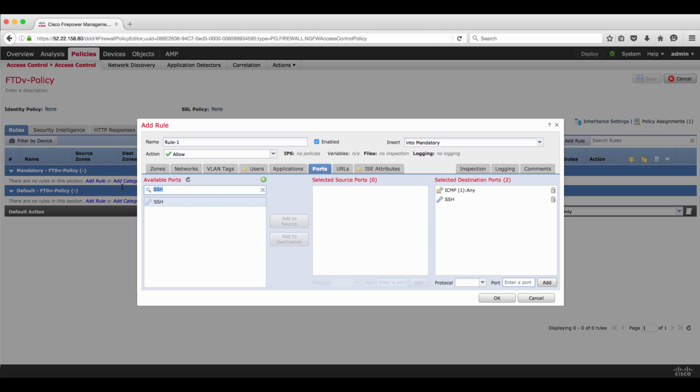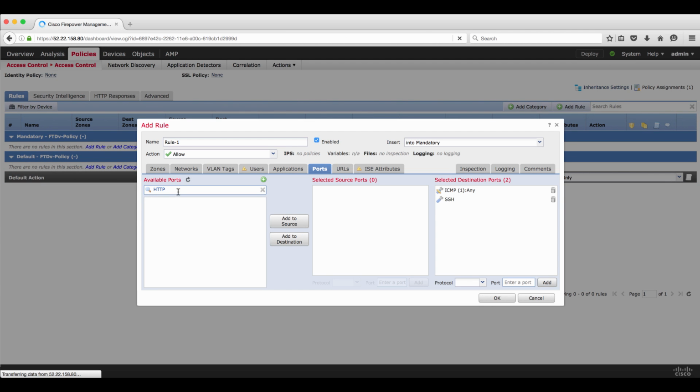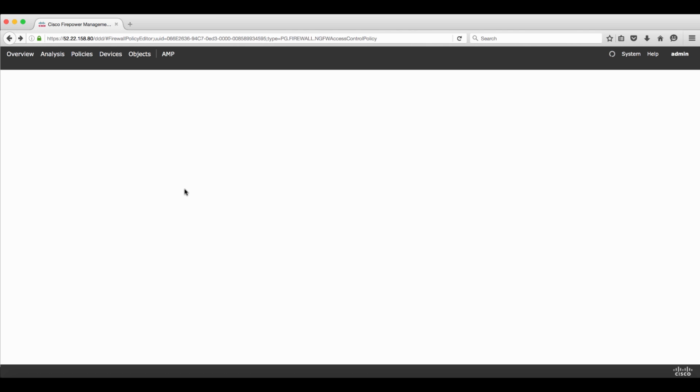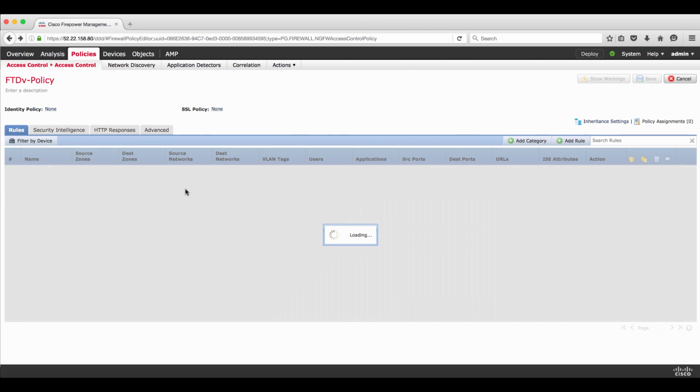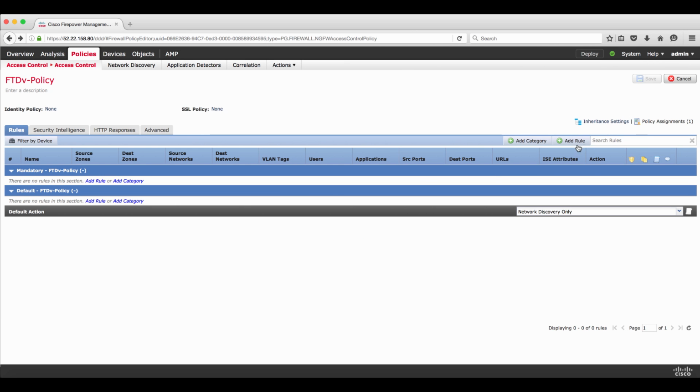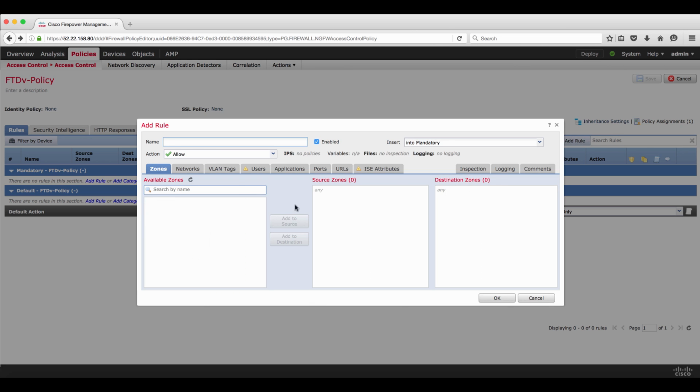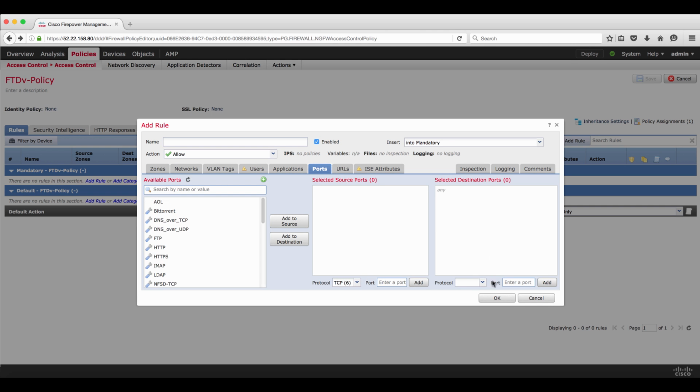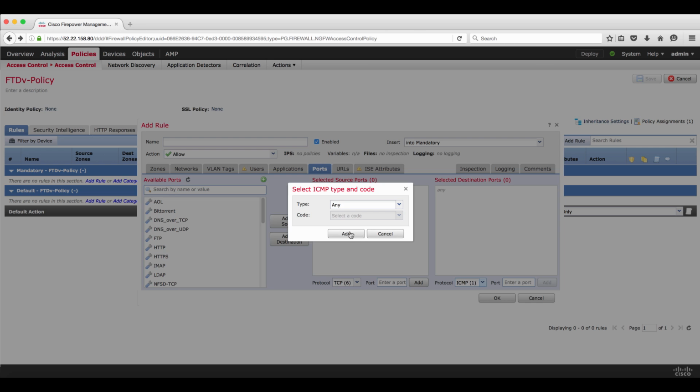I will enter HTTP. I'm sorry, I just clicked on backspace, so let me add it again. Ports, I will type here ICMP. I will select it, I will click on add, rule 1,